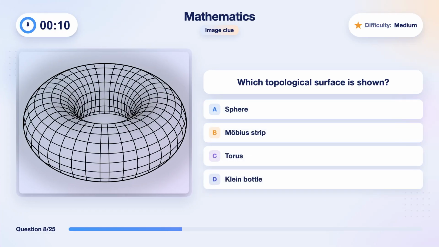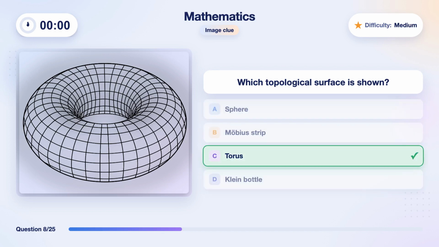Which topological surface is shown? Take a look. A. Sphere. B. Mobius strip. C. Torus. D. Klein bottle. Stay calm, no panic. I'm counting 10 seconds. Now we find out. It's